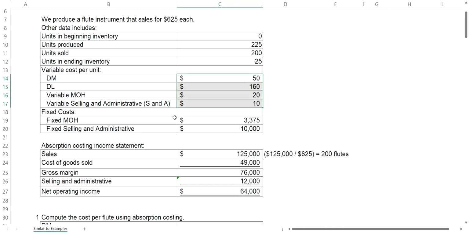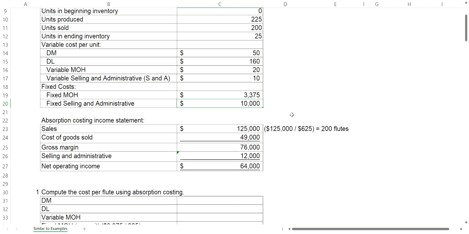For cost, we have variable cost of materials, labor, variable overhead, and variable S&A. Those are all per unit. We have fixed manufacturing overhead, that is in total, and fixed selling and administrative, that is in total. So let's assume that the absorption income statement has been prepared for you. You're given that sales are